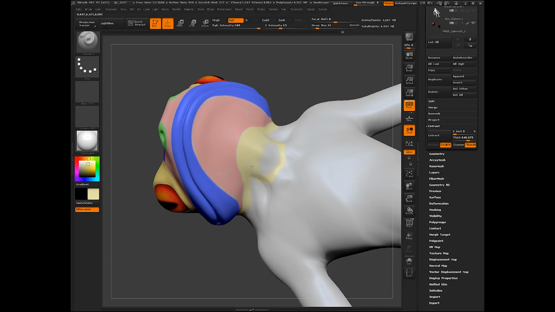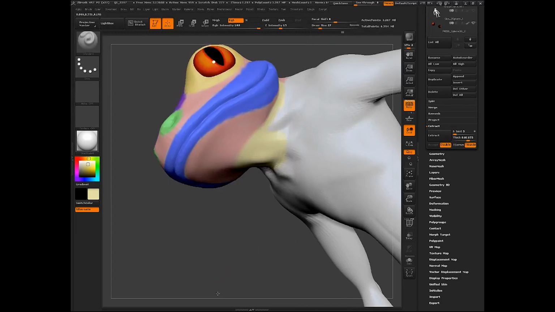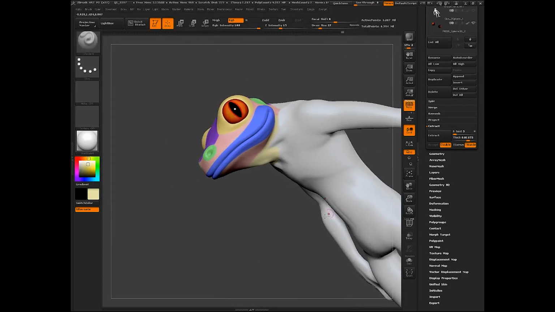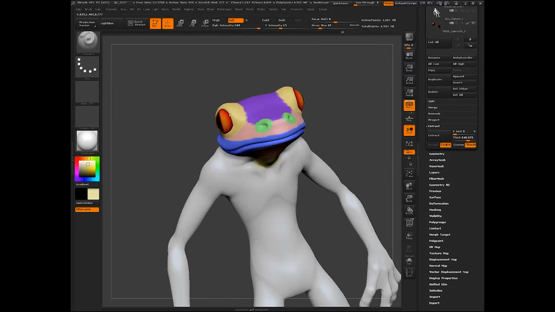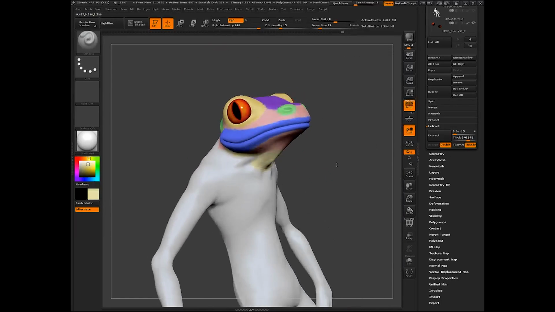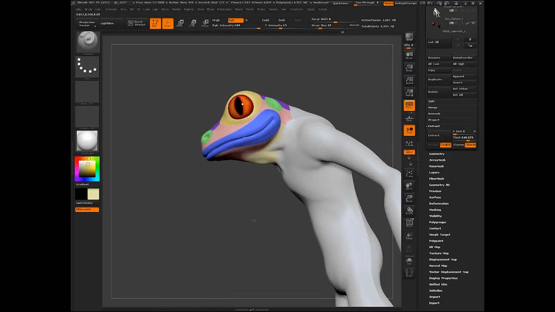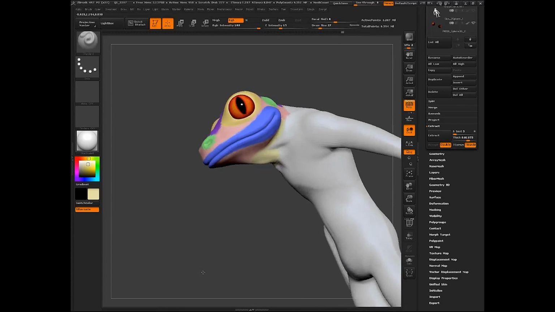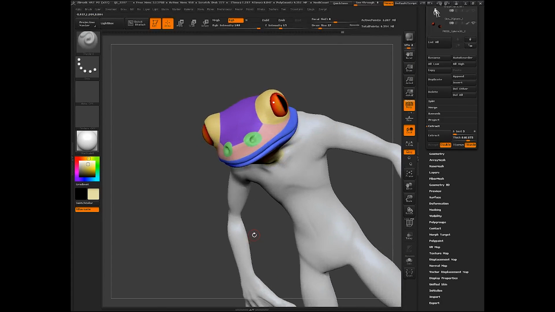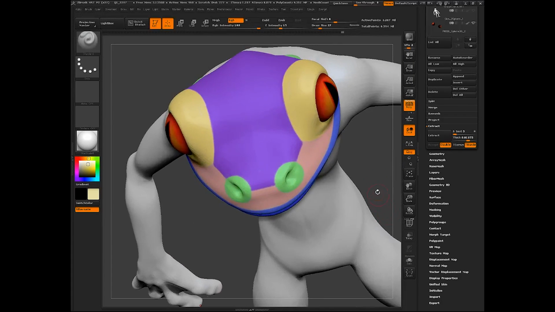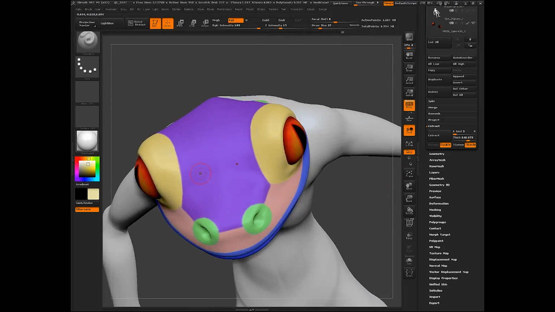So when I say topology group, what I'm trying to do is make sure that when I move a certain area or when I rig a certain area of the character, I don't get any weird deformation in that. I want everything to be smooth and to be what I expect it would look like as it's deforming. If I don't pay attention to the topology, then as I'm moving things, it could deform weird.